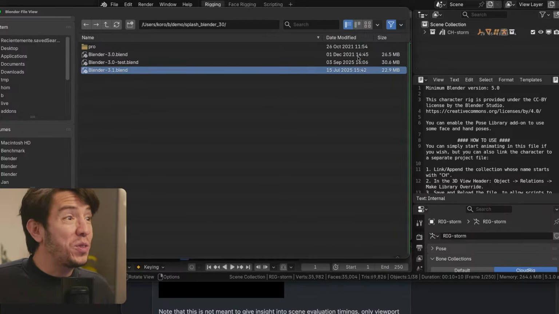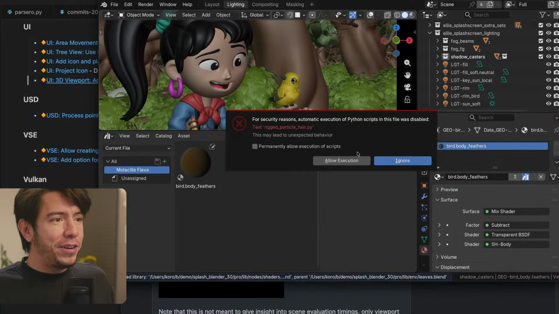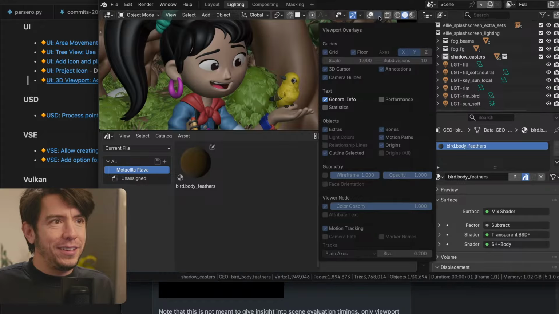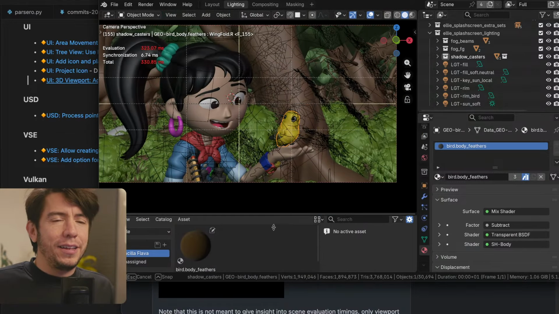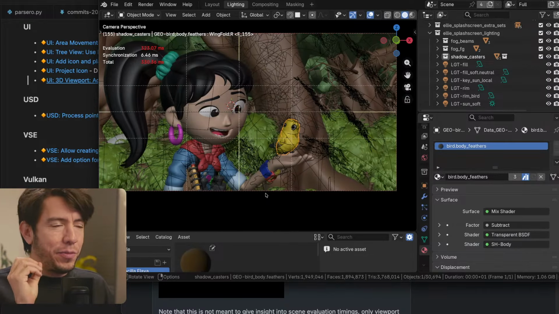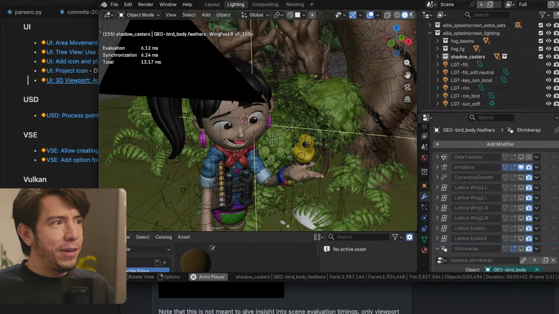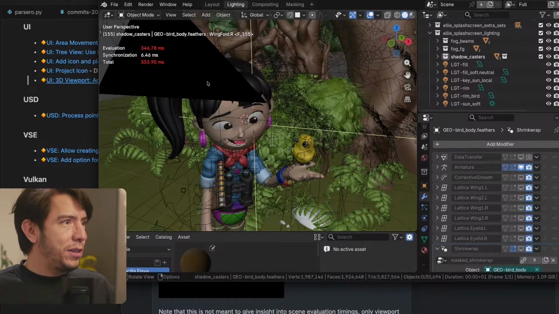Let's see. From 2021, 3.0. Wow. Here's the splash of 3.0. I always use it as a reference. And in this one, this is probably very slow to calculate. If I even get to here, enable the overlays. And you may have noticed that I always allow execution, and I press that manually because I download things from the internet and that is slow sometimes. So now it's fine. If I press play, then it gets slow, and you can see all the numbers. This is the frames per second, evaluation, and the rest.